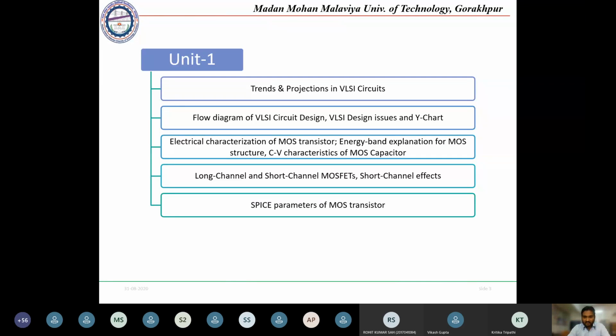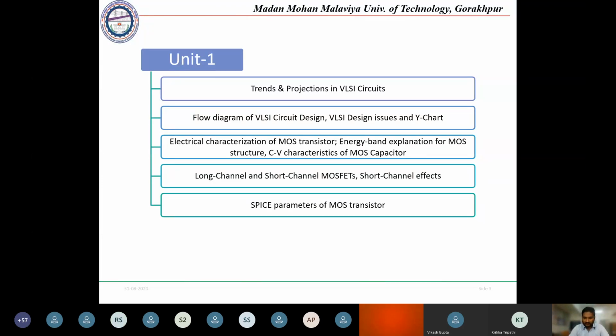And the next one is SPICE parameters of MOS transistors. So basically, a MOS transistor is analyzed by using EDA tools. So EDA tools are used for designing circuits, performing some operations and observing the output. We will be using a set of software that will be designing the circuit.